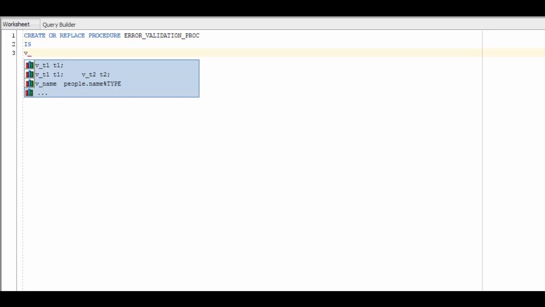Now let's begin writing a PL/SQL procedure. This is the declare part, in which we are defining a few variables along with one cursor.